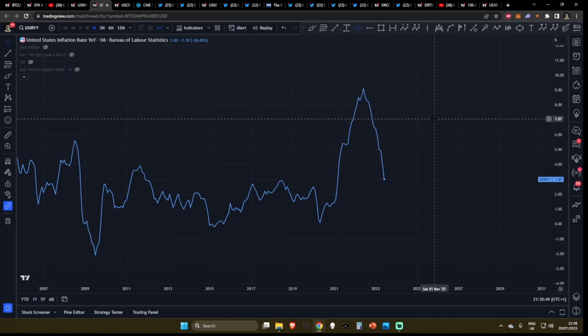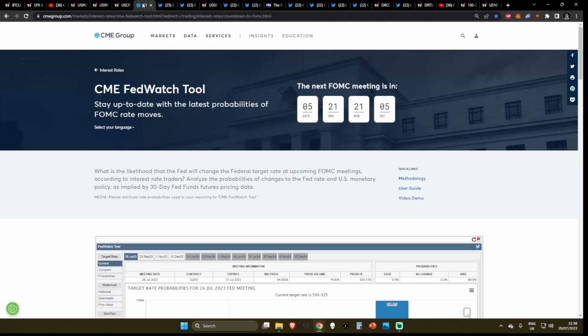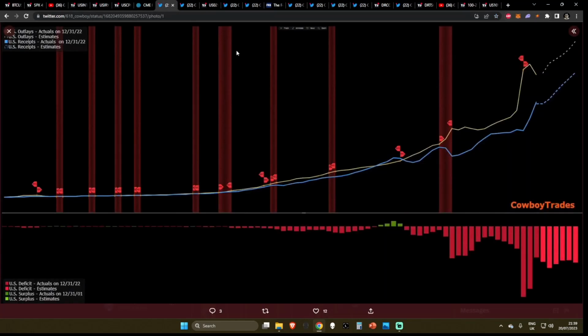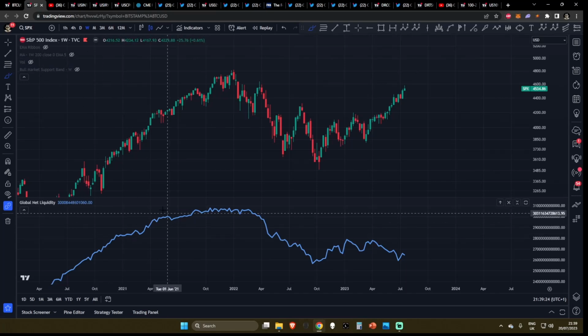But following the next CPI report, I think CPI is going to start to come back up to the upside, meaning in the next FOMC on the 20th of September 2023, I think it's a given that the Fed are going to start having to increase the interest rates once again. Now we've covered the groundwork, let's take a deeper dive into global net liquidity instead of just looking at a very simple amalgamation of global net liquidity.